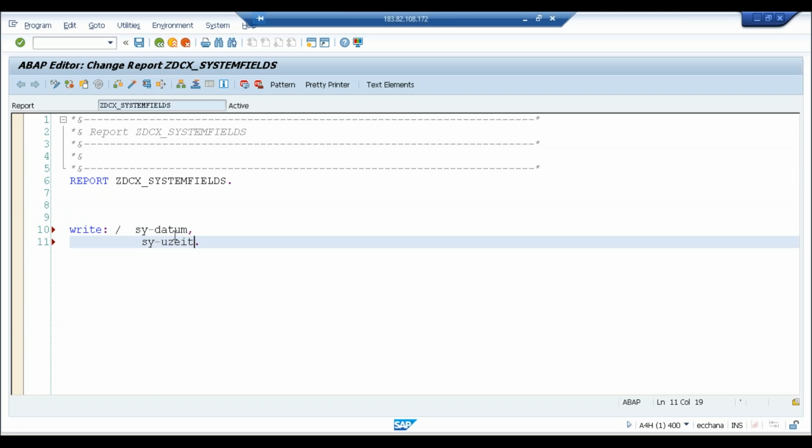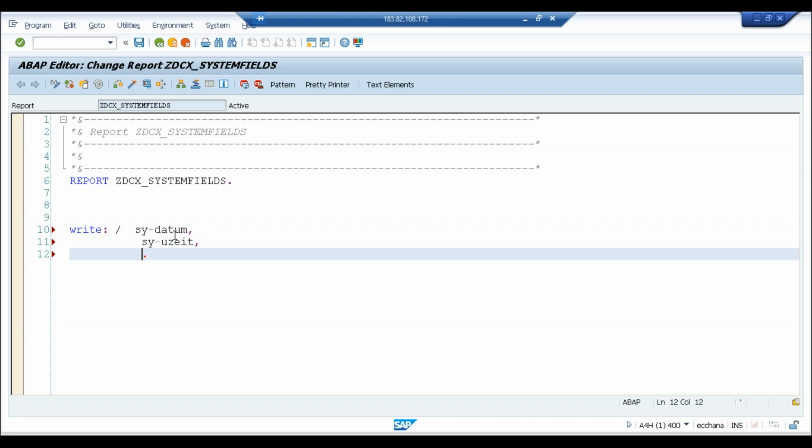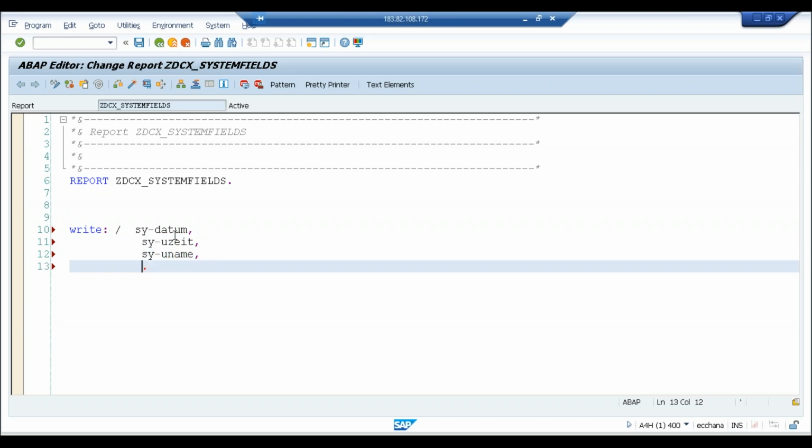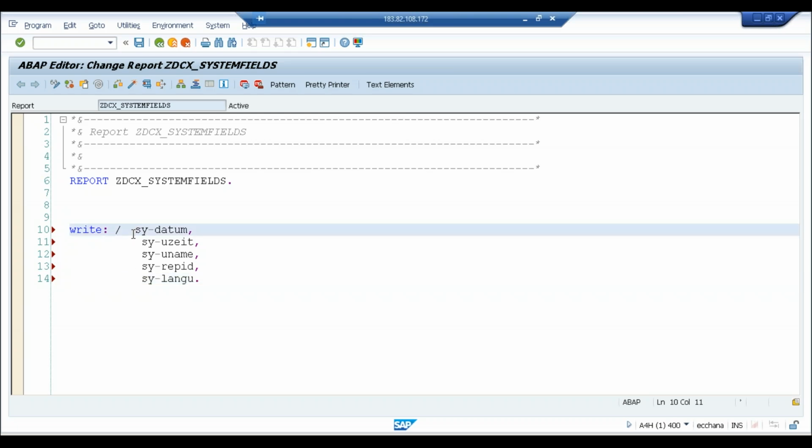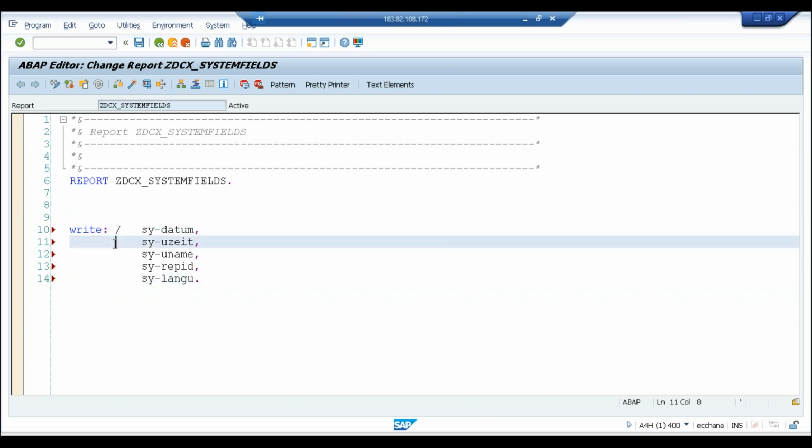SY-UZEIT, SY-UNAME. UNAME is the username with which we have logged in. SY-REPID. REPID is the default program name into which you have logged in. SY-LANGU, the default language into which you have logged in. It's better you keep a slash for all fields,